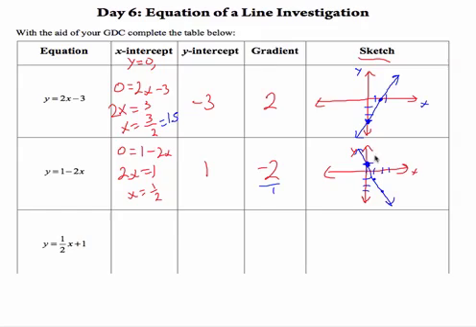Okay, and maybe you want to label some of your points here, like that one, and I can label this point up here as 3 out of 2, 0, and 0, -3. Okay, and the next